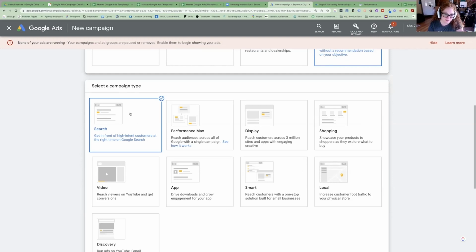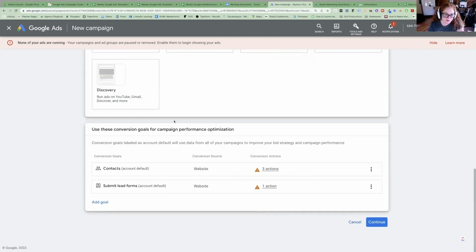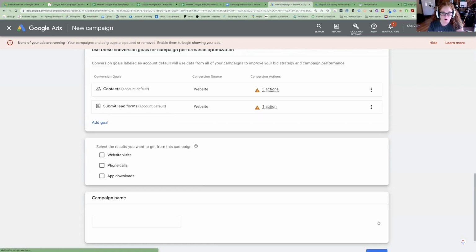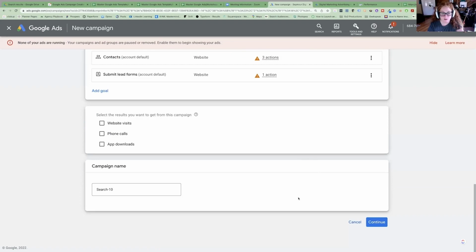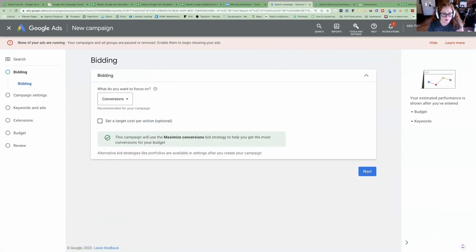So you're clicking on search and then you scroll down and ignore all this conversion stuff. We're not there yet. You're going to learn how to add conversions in a later class. So we're going to click continue. And then we're just going to click continue again. We're not going to fill out any more information. And then